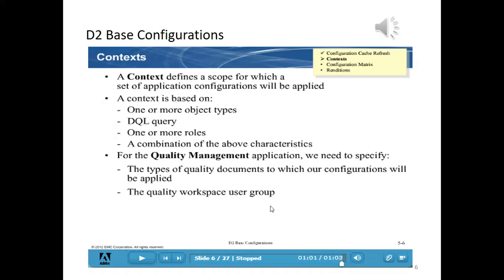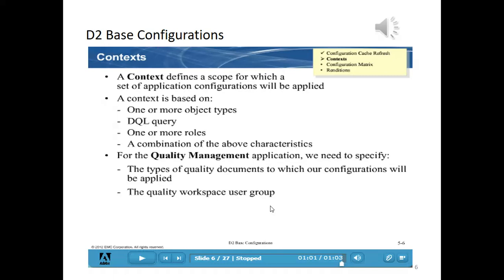Next, we will see the context. Context defines the scope of which set of application configuration will be applied. Here in config, everything we need to create as an application, and inside that application we will define the context and configuration element. So you are defining it for a particular application. Context will be applied at a particular application level only.